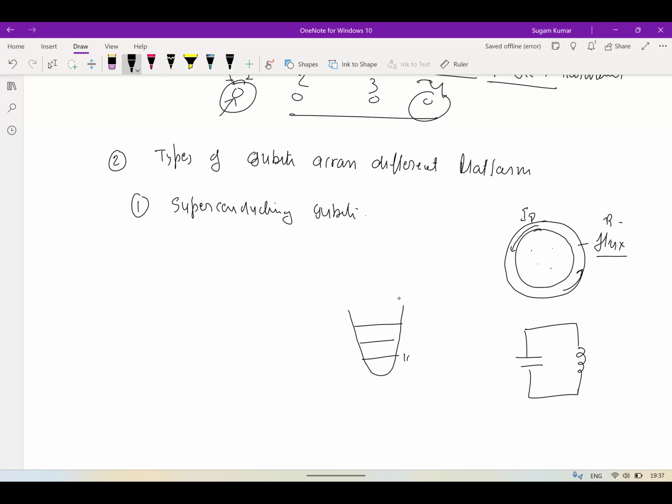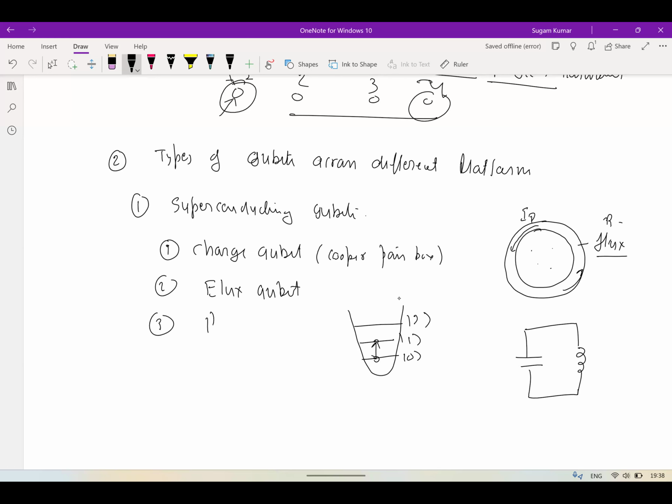And now these quantum states can be used as qubits. So we can create a superposition of these qubits. We will see that this is how we can make superconducting qubits, and we will discuss the complete physics of these qubits. There are different types of qubits one can generate. For example, one category is called the charge qubit, or sometimes we call it the Cooper pair box. Another type of qubit is called the flux qubit.